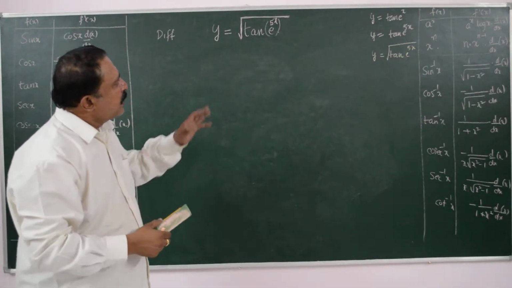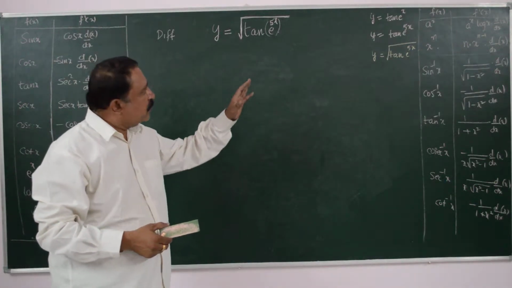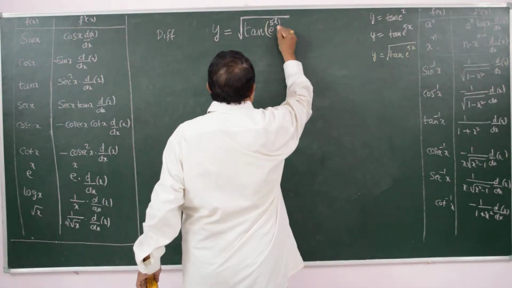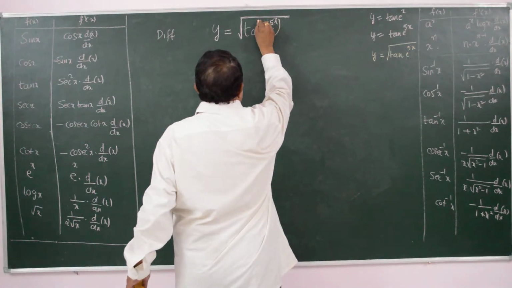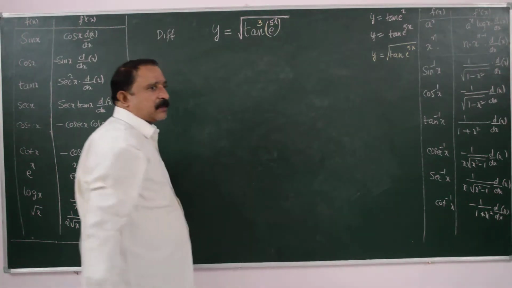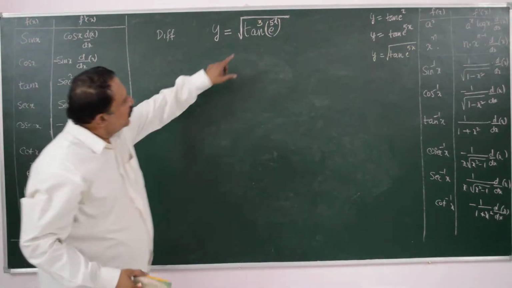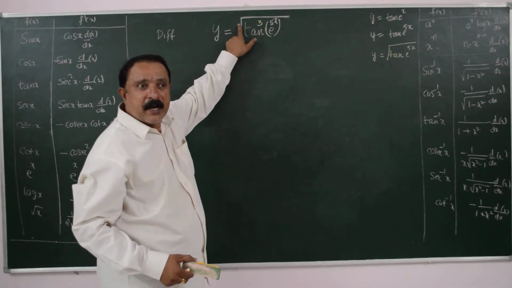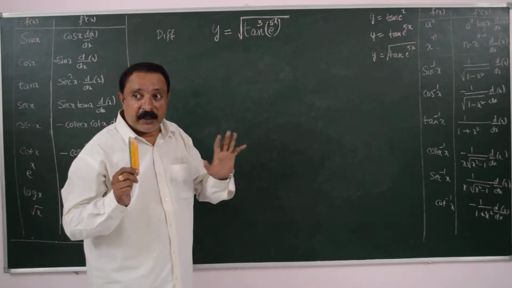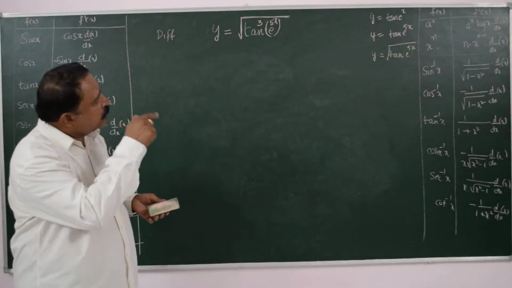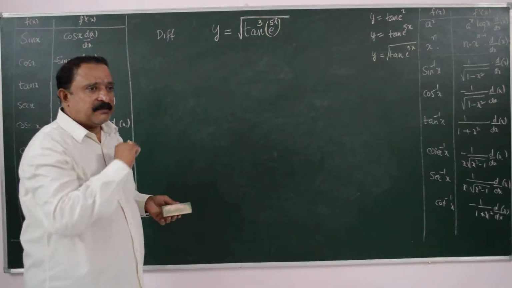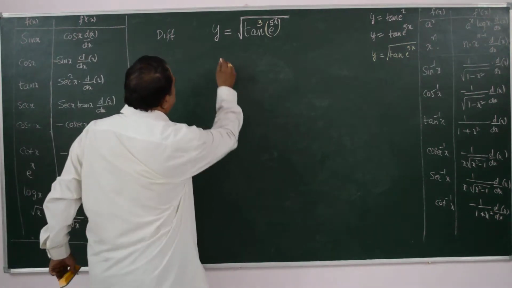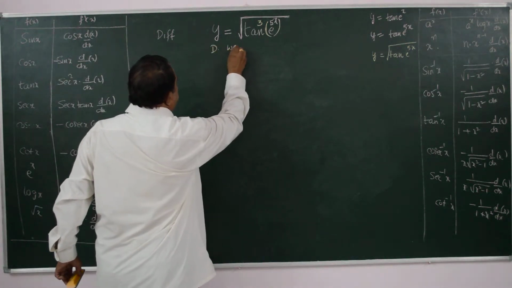See, I will now increase the complexity of this problem a little more by putting one power to the tan function. Now the power rule should be applied, and the root function rule should also be applied. I will do this, watch it carefully. This is a function of a function of a function of a function. Okay. Now differentiating with respect to x.